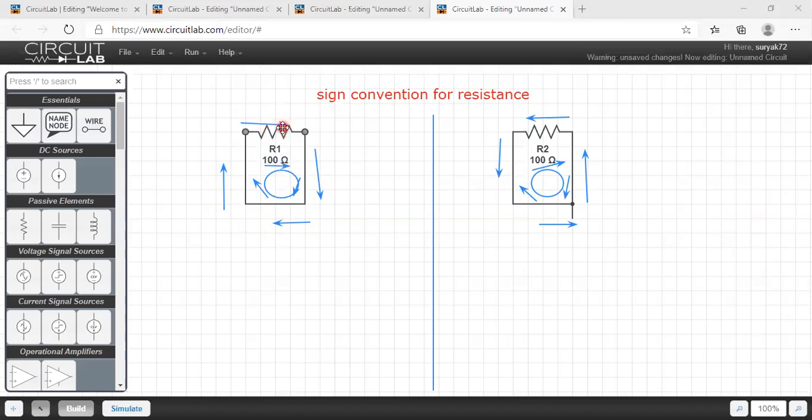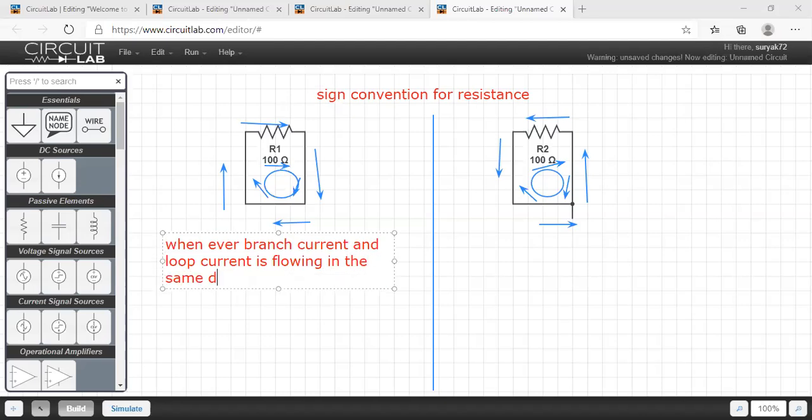Then you can write one sentence: whenever the branch current and loop or mesh current are in the same direction,